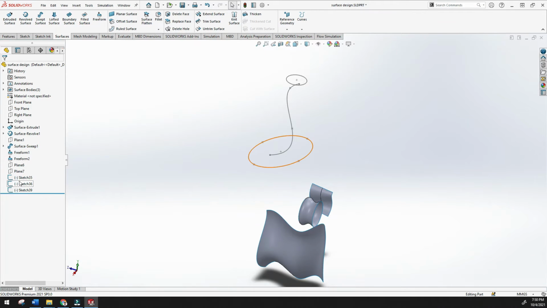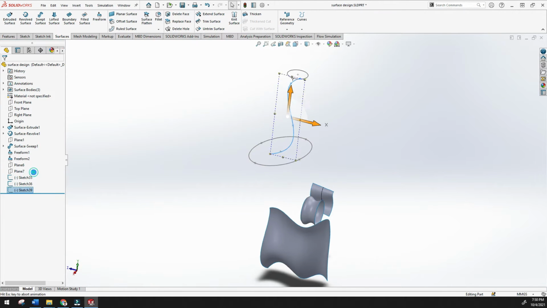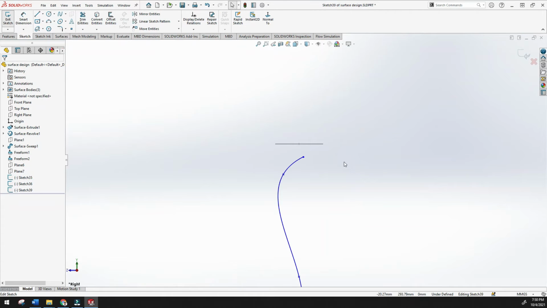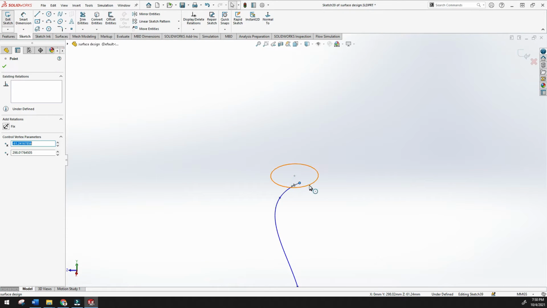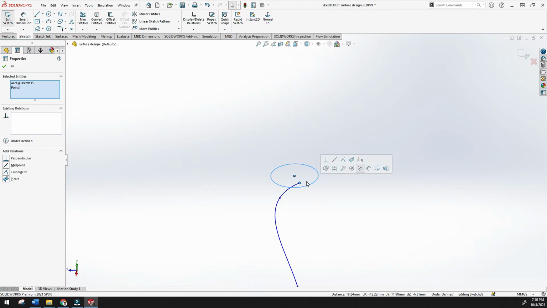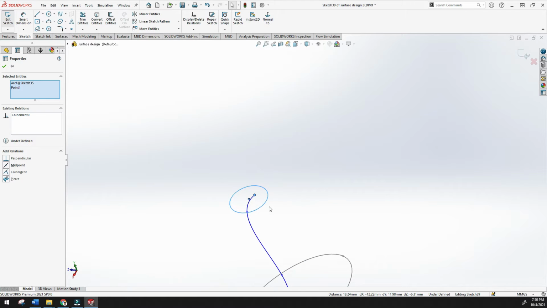So just go back to the sketch. How do we connect these two profiles? Control-select this point and this circle, and try to connect with coincidence. I have connected the coincidence, but I don't know where it is connected.